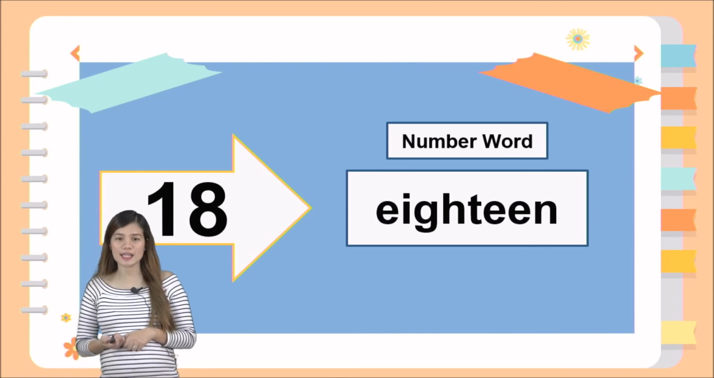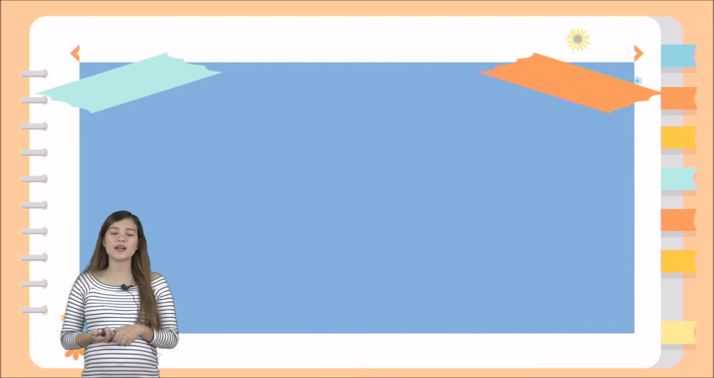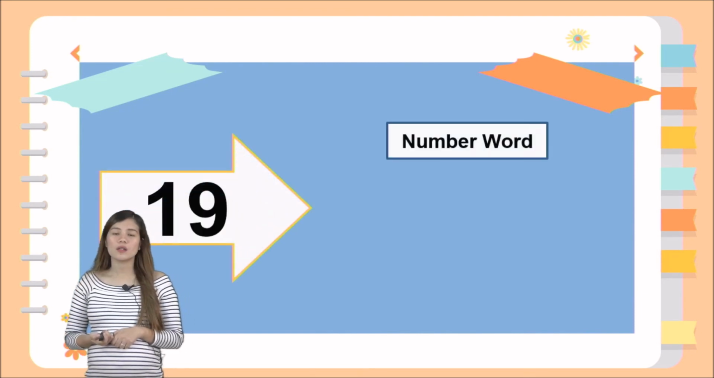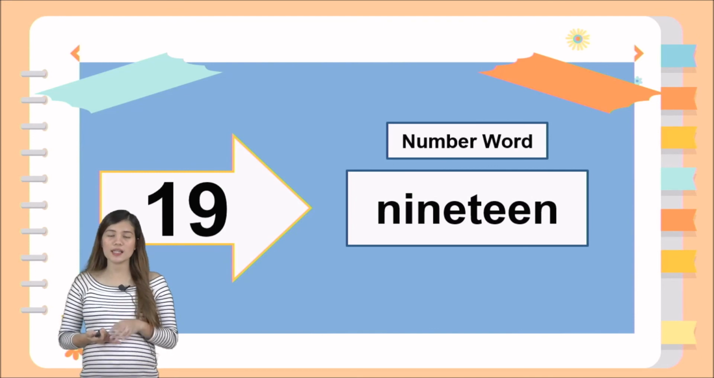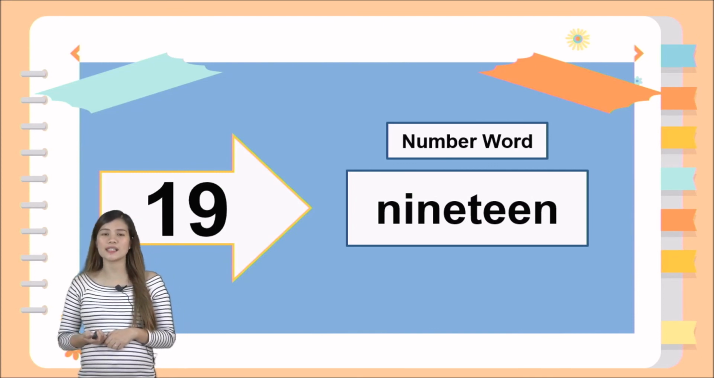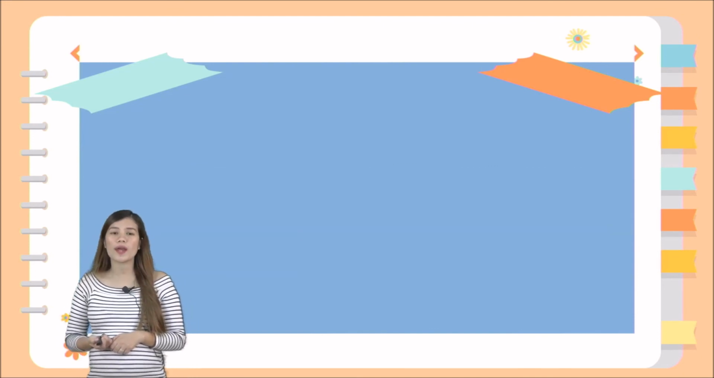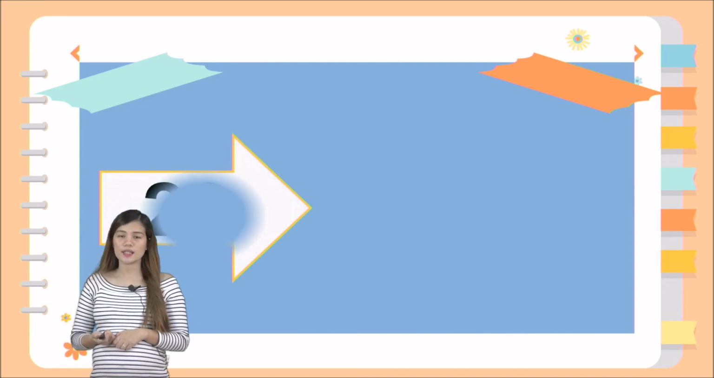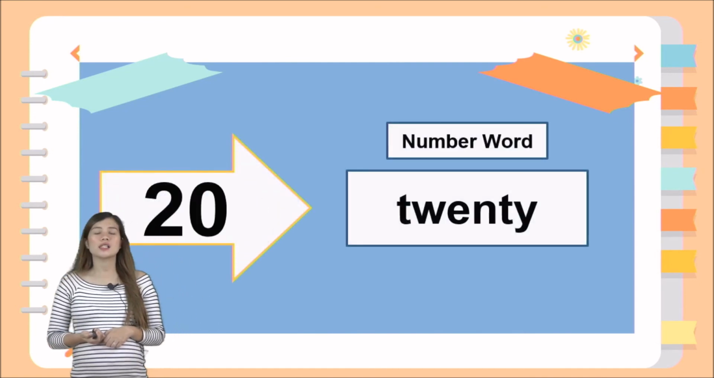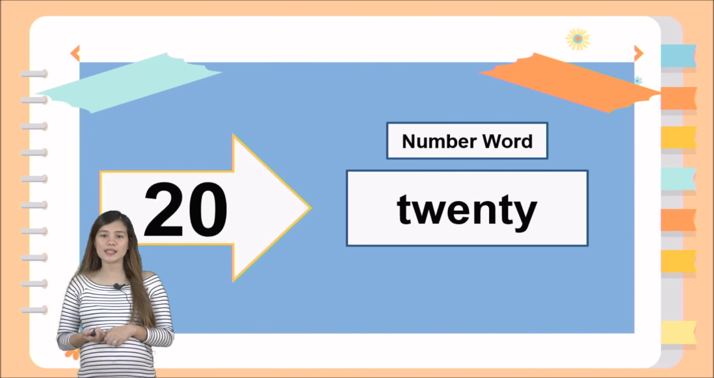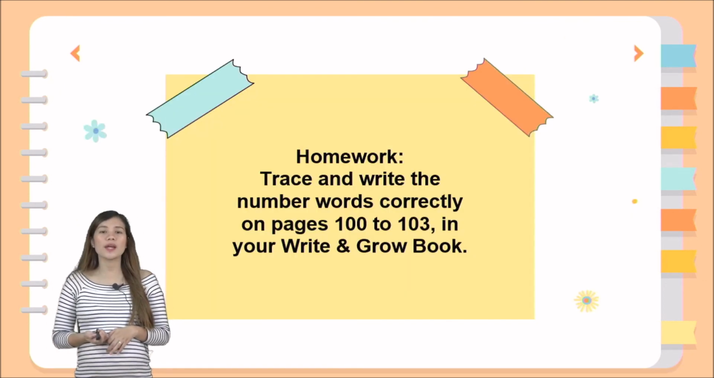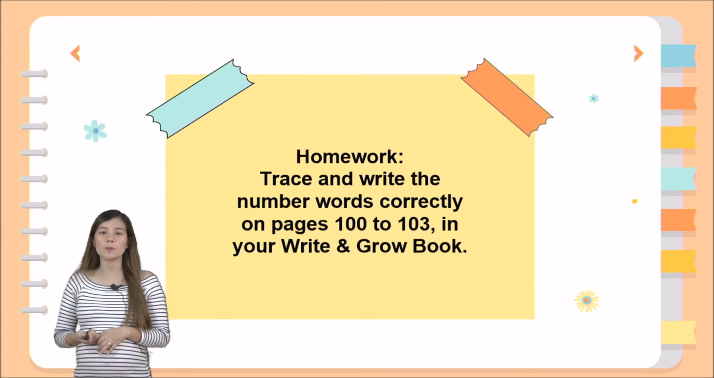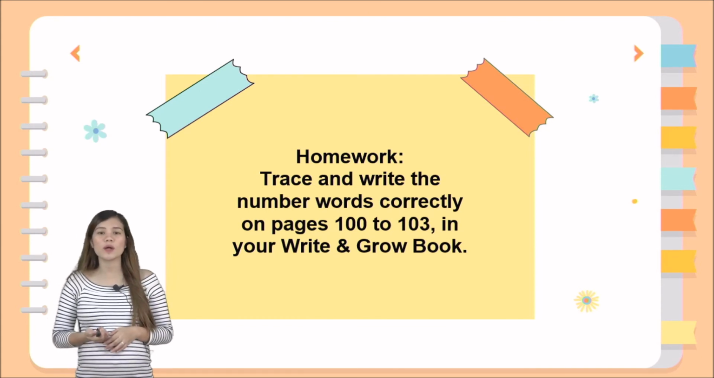E-I-G-H-T-E-E-N. 18. And then the next one, we have 19. The number word is N-I-N-E-T-E-E-N. 19. And the last number, 20. And the number word is T-W-E-N-T-Y. Okay, for your homework, kids, trace and write the number words correctly on pages 100 to 103 in your